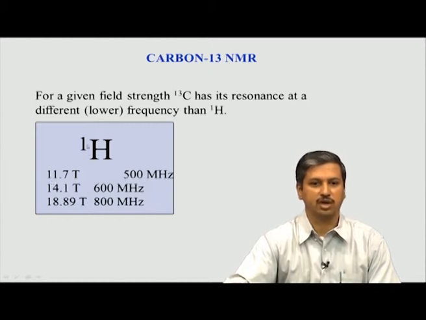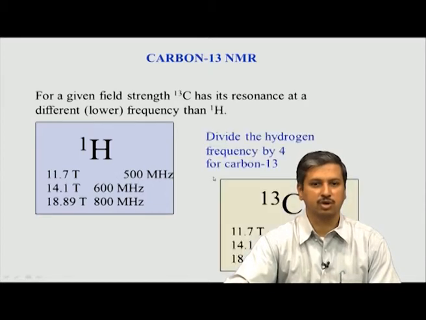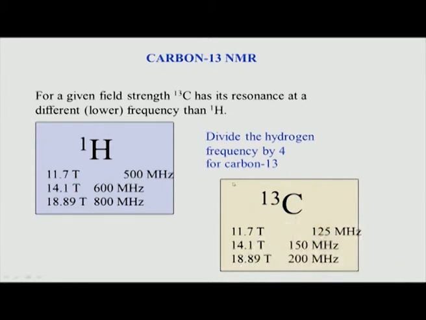So, for a hydrogen atom, the magnetic field is directly related to the frequency, and the proportionality is omega equal to gamma into B0. Therefore, when it comes to carbon, your gamma is going to change. For carbon, we saw in the last slide that the gamma of carbon is 4 times less compared to proton. So, when you use the equation omega equal to gamma B0, your gamma is now 4 times less compared to hydrogen.